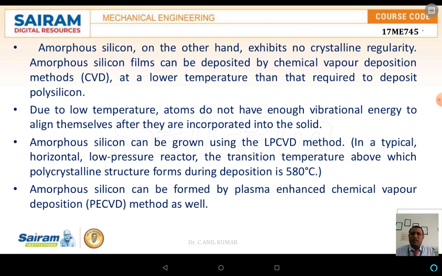The amorphous silicon can be grown using the low pressure chemical vapor deposition method. Now here, as we know, the temperature matters. The amorphous silicon can also be formed by the plasma enhanced chemical vapor deposition method, and as well as